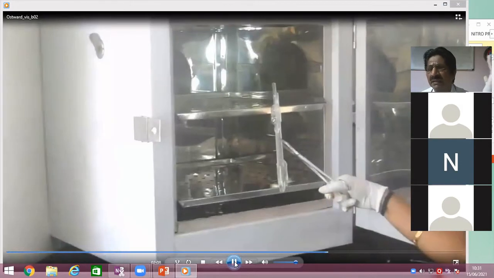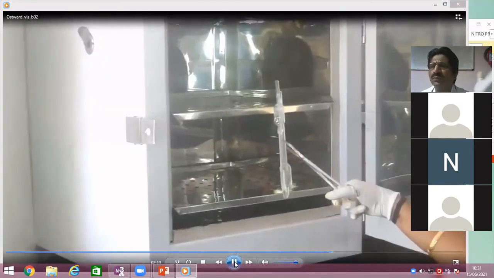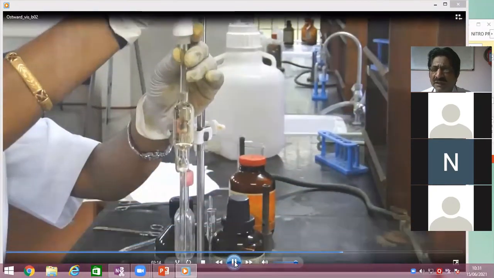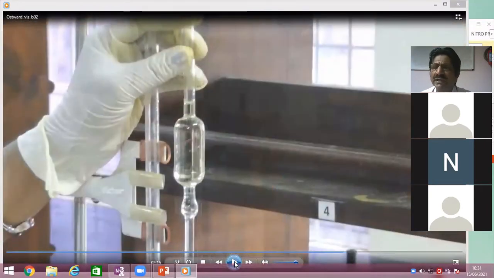And then we have to take the liquid under examination. So the procedure is once again the same. The only condition is that we have to take the same volume of the liquid. If we have taken 10 ml of water, you have to take 10 ml of liquid. If you have taken 20 ml of water, take 20 ml of liquid. So the volume will remain the same. The procedure is once again the same.